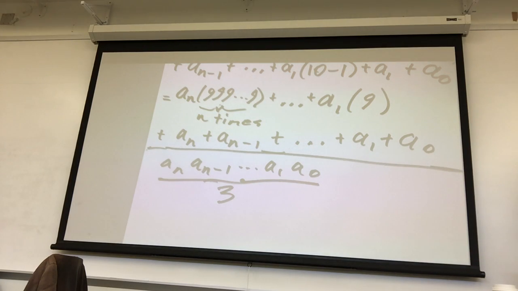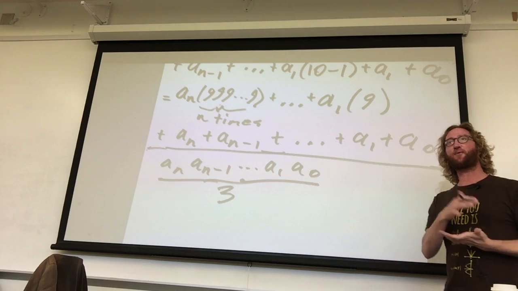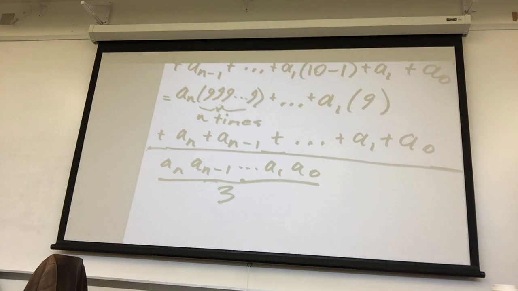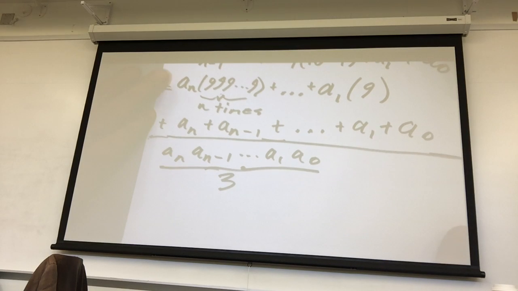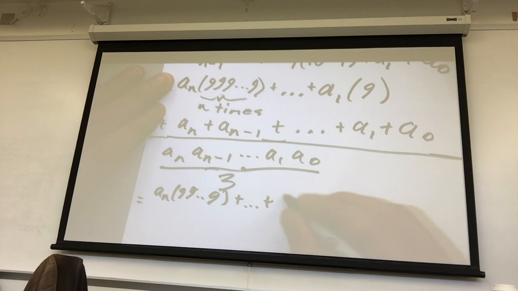Now, we want to show that this number that we've been manipulating, if we divide it by 3, is within the integers, okay? Well, after all that manipulation, we got down to this spot right here. And so that comes out to a sub n times 9, dot dot dot, plus dot dot dot, plus a1 times 9